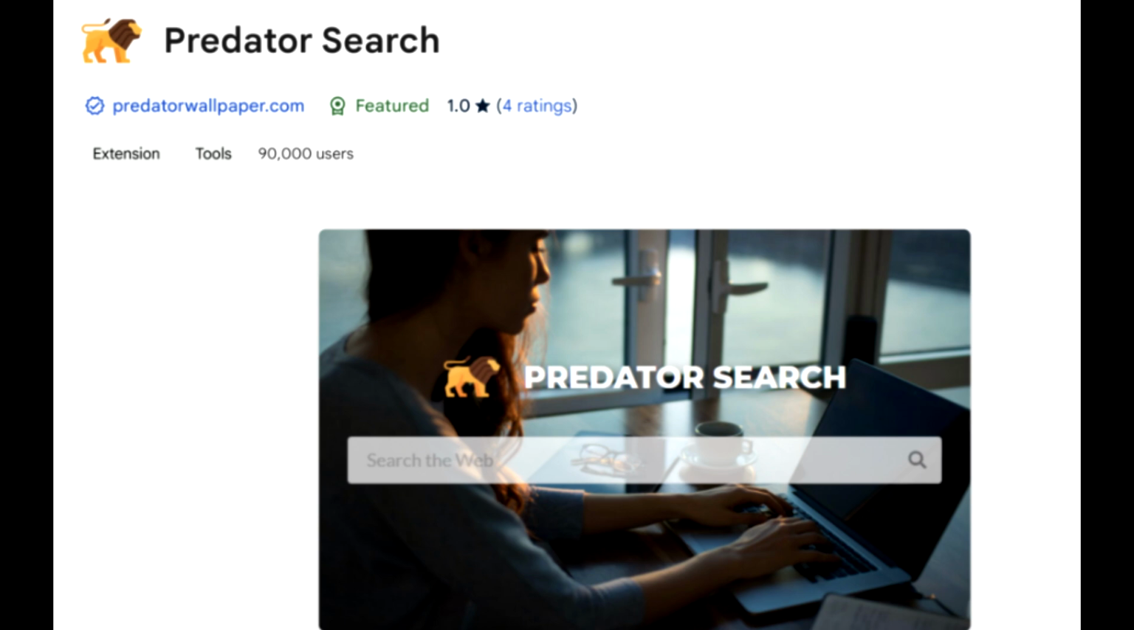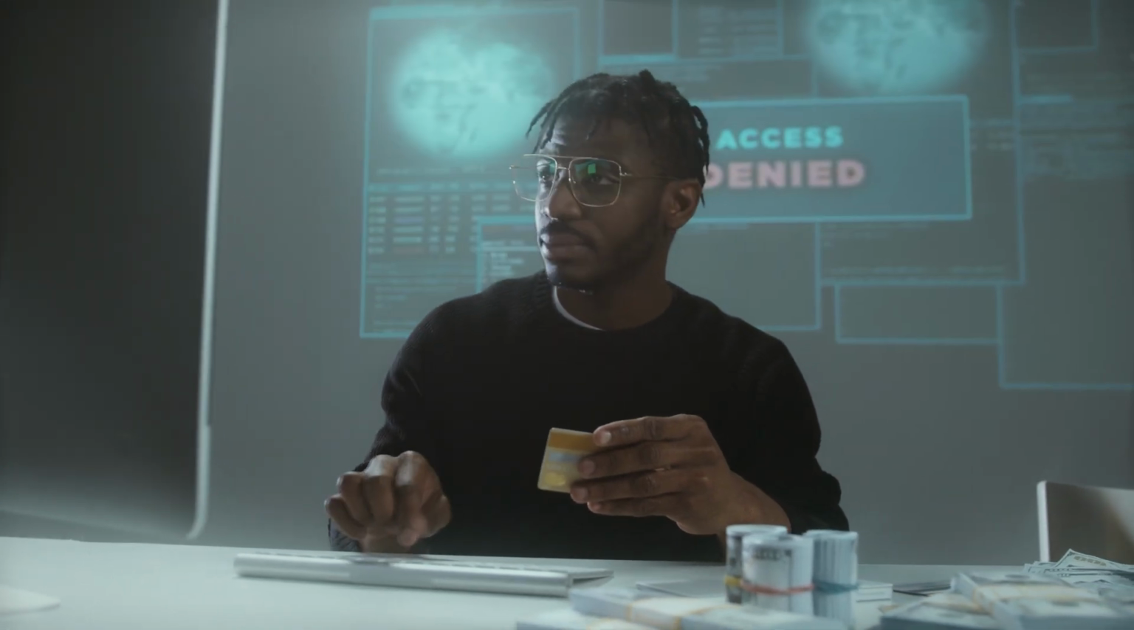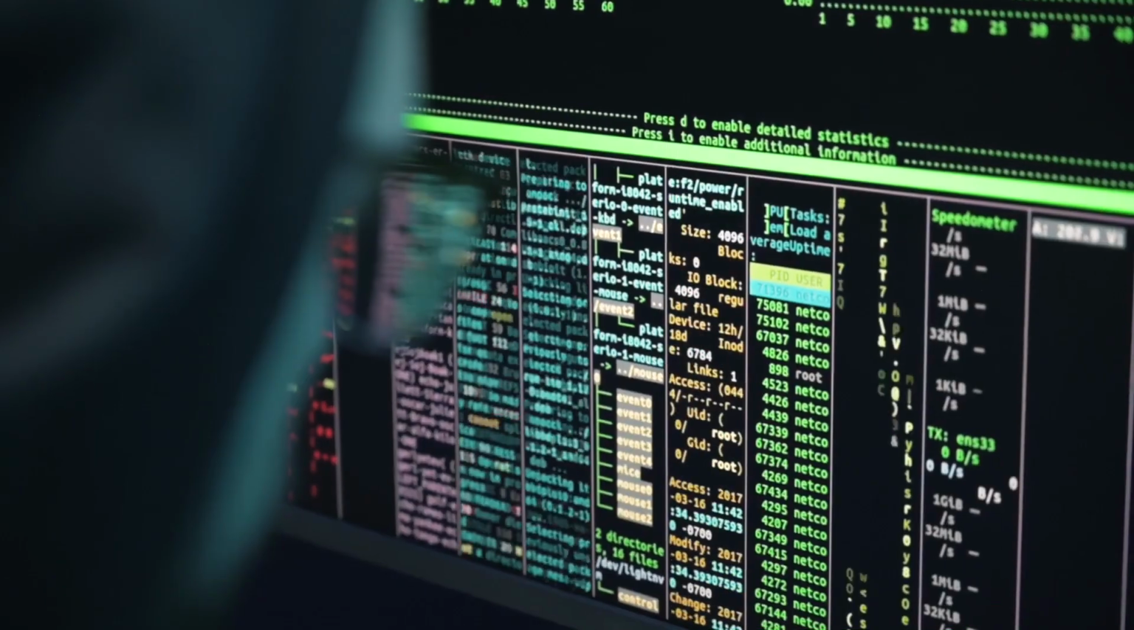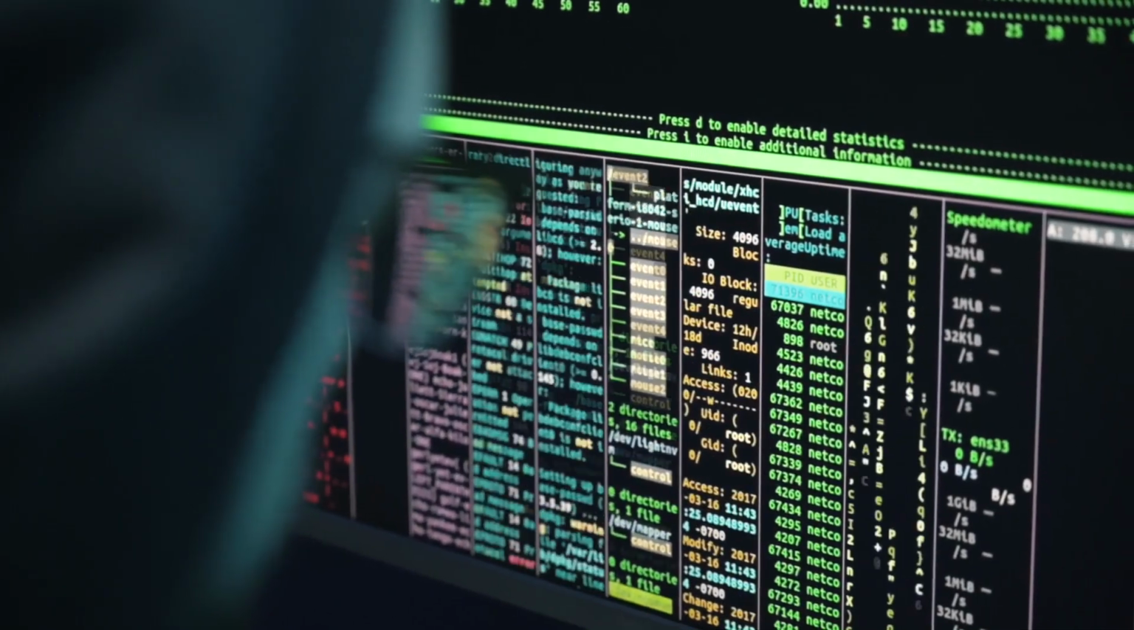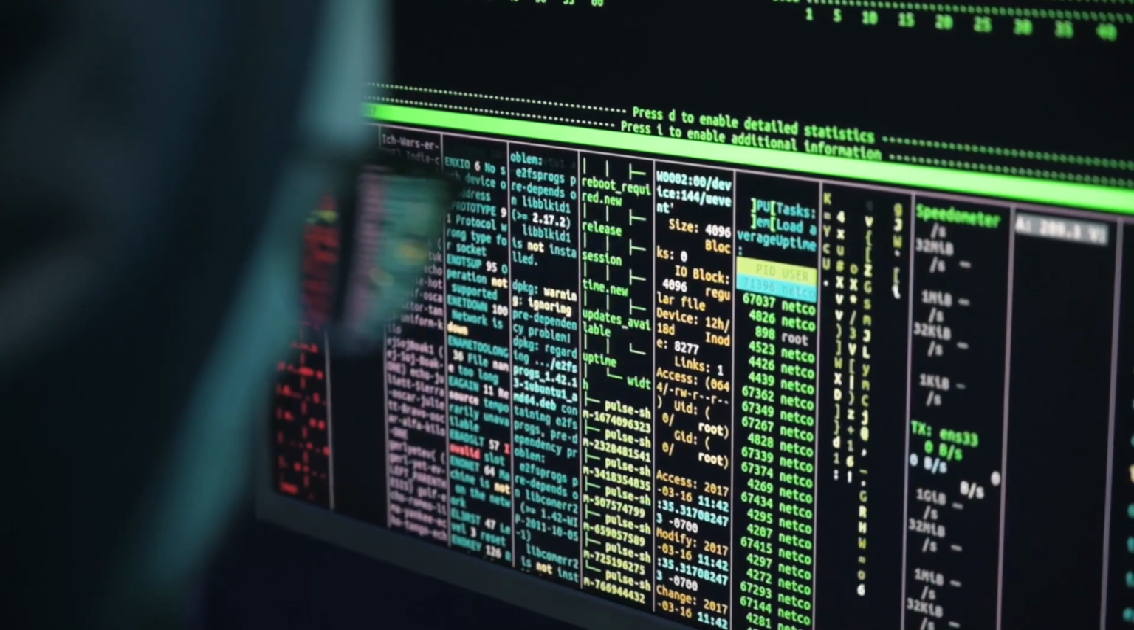Is your default search page changed to predatorwallpaper.com without your consent? This change is due to the installation of the Predator search extension, which mostly affects Chrome browsers. If you don't recall downloading the extension from Chrome Web Store yourself, then it was included in a bundled software